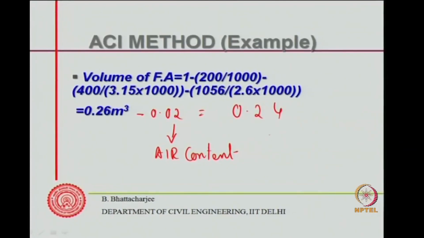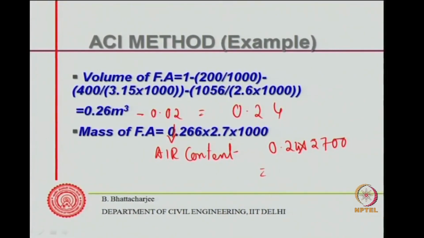So, 0.24 is the volume. So, 0.24 multiplied by 2700 will give you the fine aggregate content. This is fine aggregate, it is 0.24 because 2% air content has to be subtracted. So, this value will come out to be 27 into 24